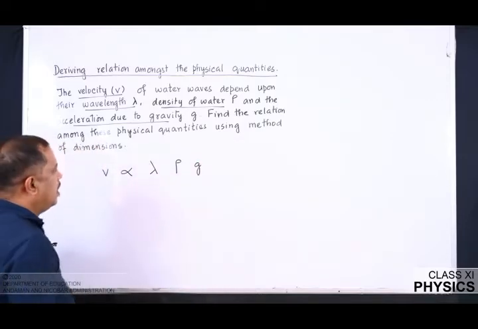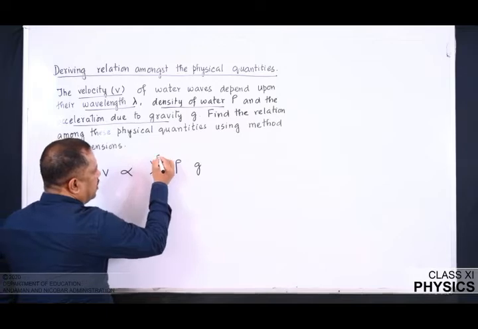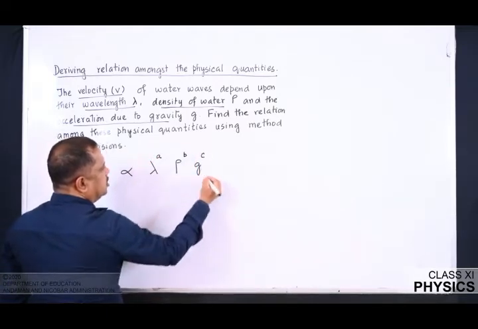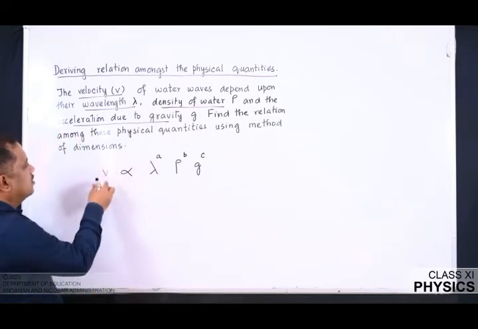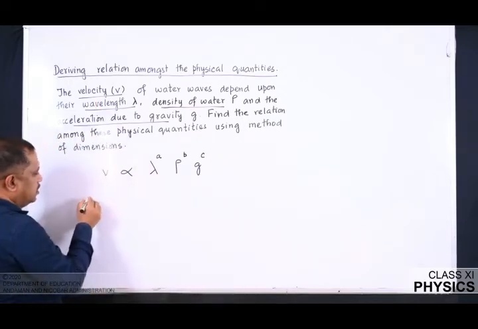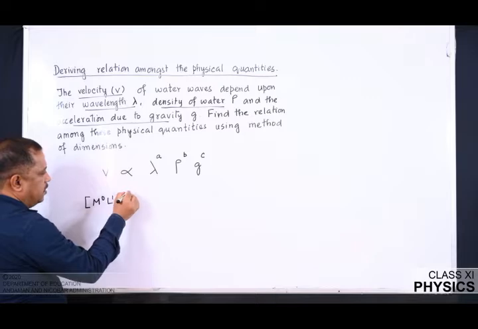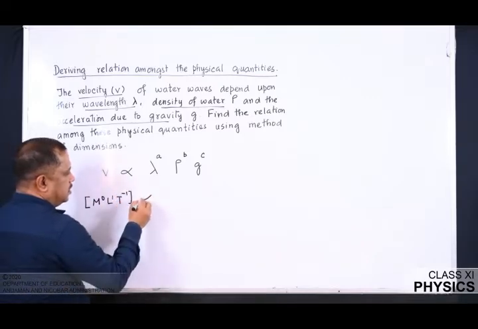But how it depends, I do not know. Therefore I write lambda power a, rho power b, and g power c. However, this is velocity, and I know the dimension of the velocity. As such, I write M power 0, L power 1, T power minus 1. This is proportional to